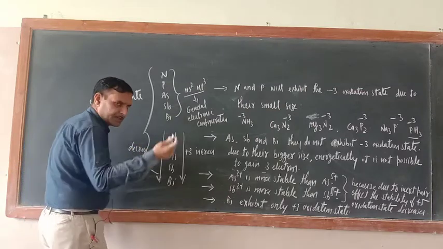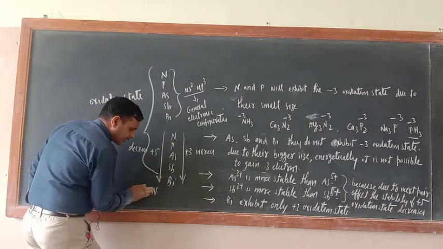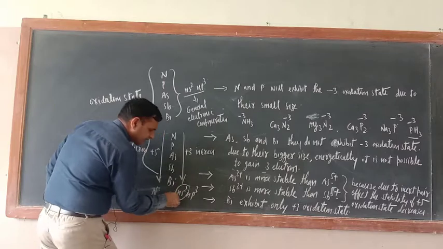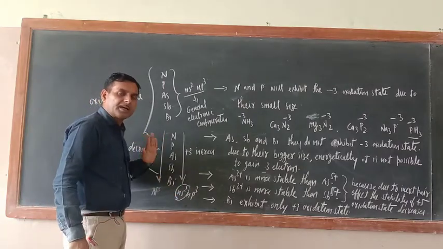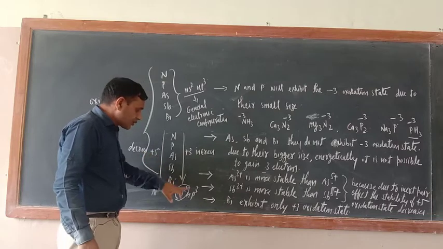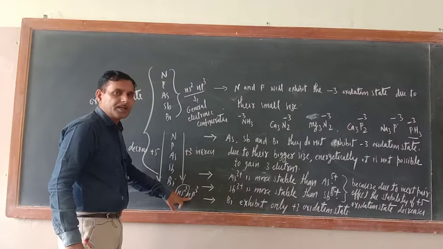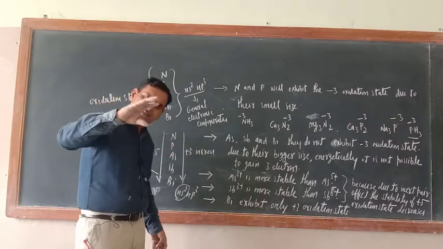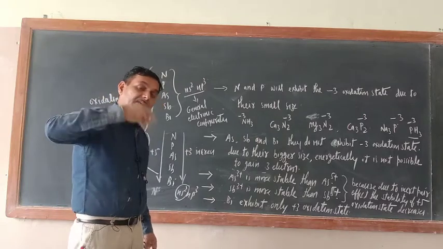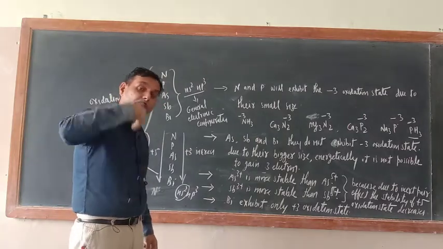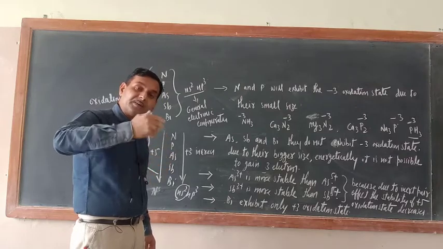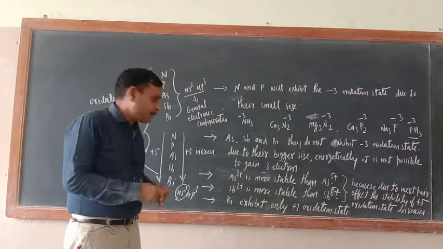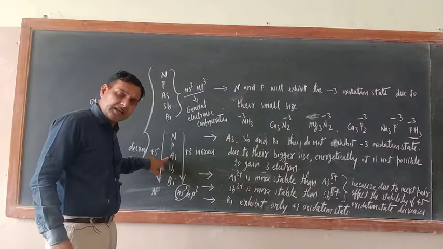And do you know the meaning of inert pair? Their general electronic configuration is ns2 np3. Due to inert pair effect, their s orbital electrons will not take part in bond formation. So which will take part? Only p orbital electrons. As we come down, as the size of elements increases, the inert pair effect is more pronounced. The highest manifestation of inert pair effect is seen in bismuth, but it starts from arsenic itself.